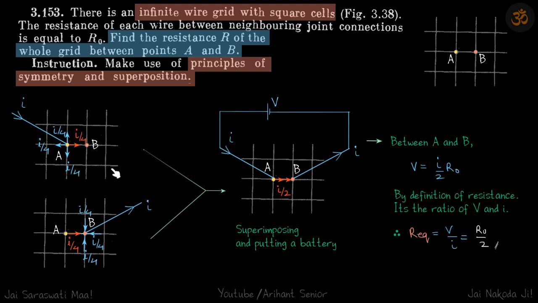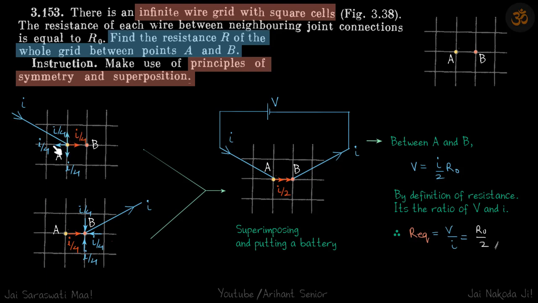which does not change the circuit at all, because the current flowing is independent of what other current is flowing. Overall resistance might change, but if we superimpose, we can find the total current in any branch. Only this AB branch gets superimposed. This current is I by 4, but we don't know what the current is here, so we don't write anything because we don't know it.